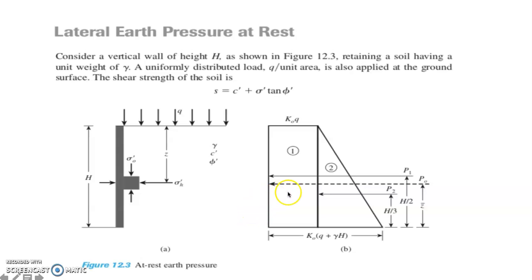Then once you have that vertical stress, get the value for the horizontal force or the lateral pressure, and that would be equal to K naught times sigma O, or K naught times the vertical stress. The value to that, you're going to plot, and from the endpoint here, you identify the value for the lateral pressure, so it will form a triangle. So this is now the value for the horizontal force at Z equal to H.